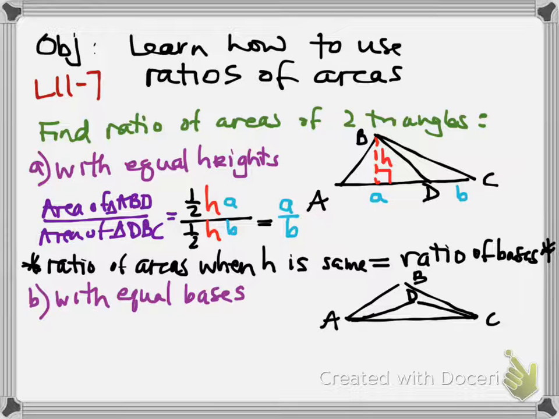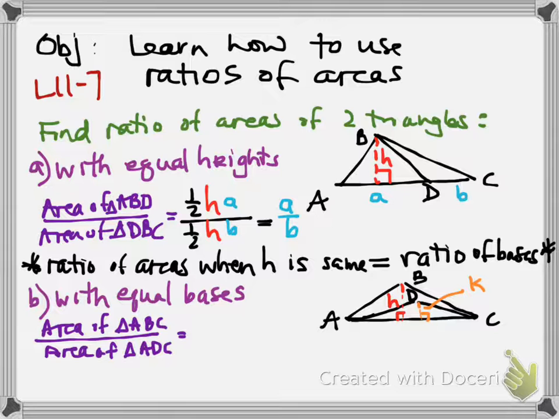The big guy has a height of H, and the little guy has a height of K. So if I want to figure out the ratio of the area of triangle ABC to the area of triangle ADC,